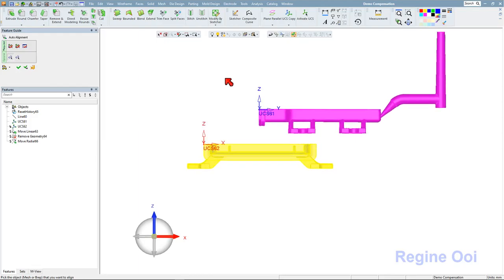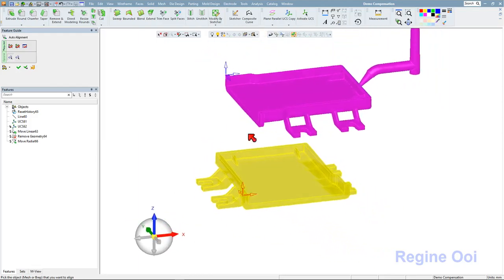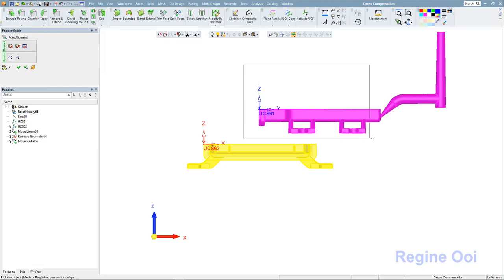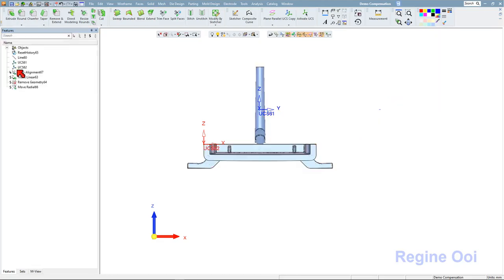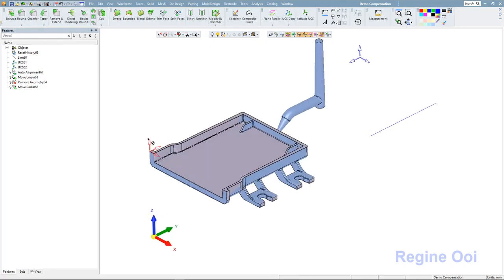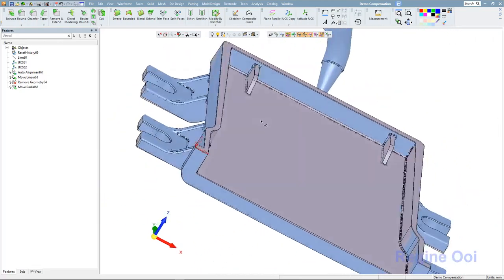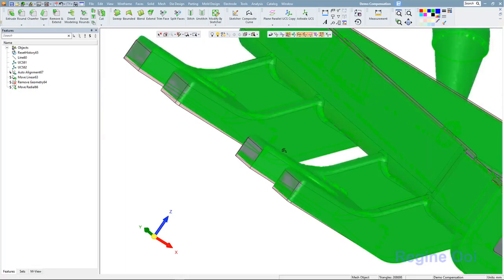Then I will select these faces except the runner and click OK. So the system will align these two objects together. Okay, so here is the result. They are aligned together between the mesh and the